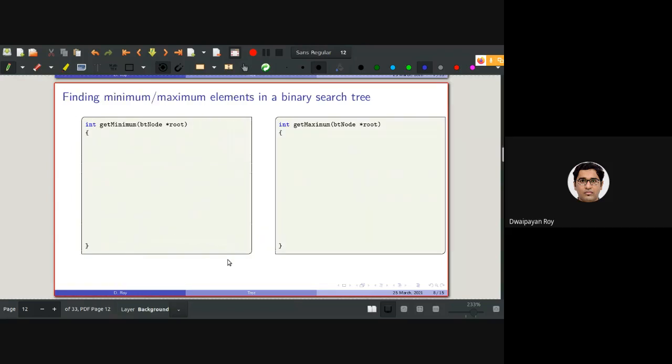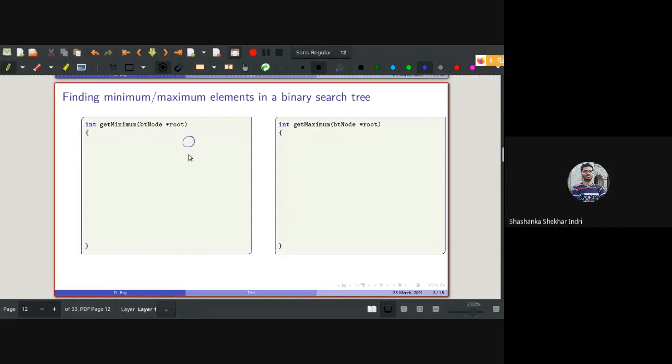Also, depending on searching, there are two other aspects that we should be covering: getting the minimum value or the maximum value stored in a binary search tree. Can someone say where the minimum value is stored in a binary search tree?